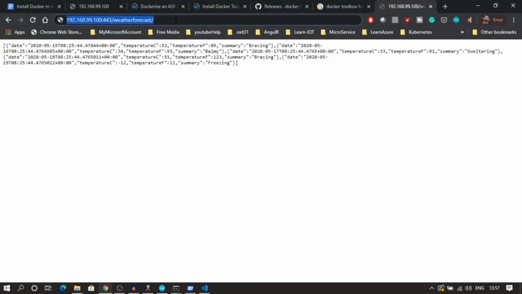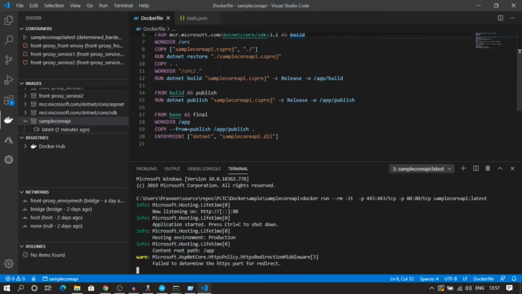So that's how you can run your ASP.NET Core API in a container. You can see I have my Docker. In my next video I will show you how you can connect to your Docker Hub account, push your images to Docker Hub, and use them from there. You can pull from there and run. So it's like the Docker registry. I'll show you how to implement a Docker registry for containerization.